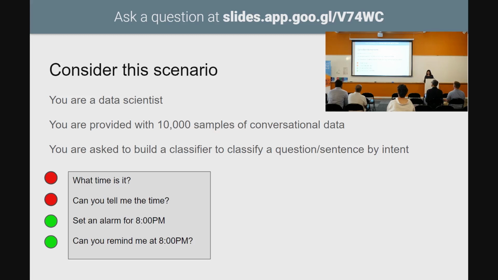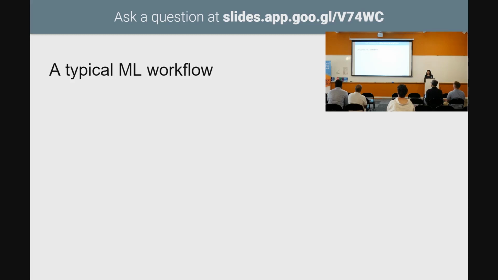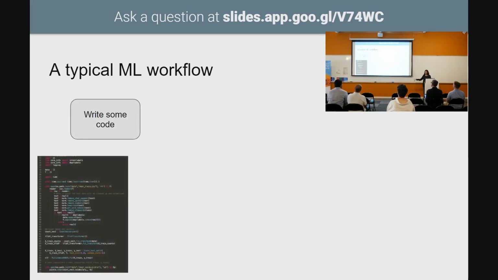Now as a human, you start with, well, let me just build something quick. Let me write some code. So you write some code to figure out what is intent 1, intent 2, and it typically looks like this. It's not very interactive. It's a blob of code, but you have an idea of what would capture your data really well. And you test it on a small sample of data, which, gross oversimplification, is those 4 sentences as opposed to 400 or 4,000 sentences.